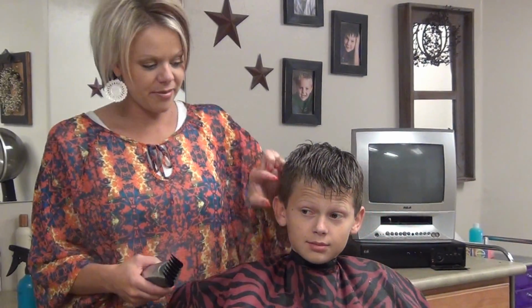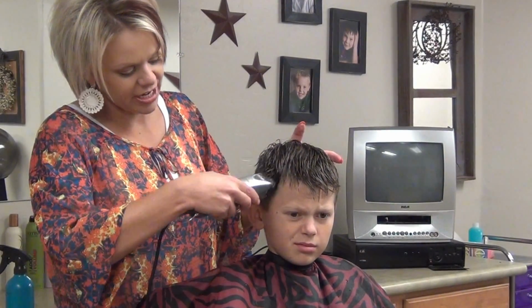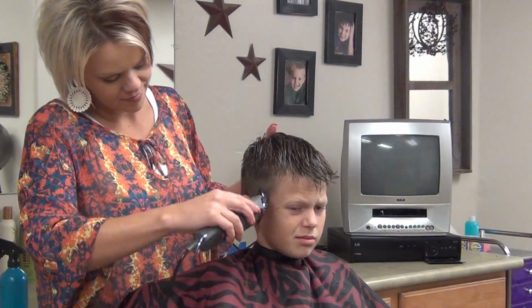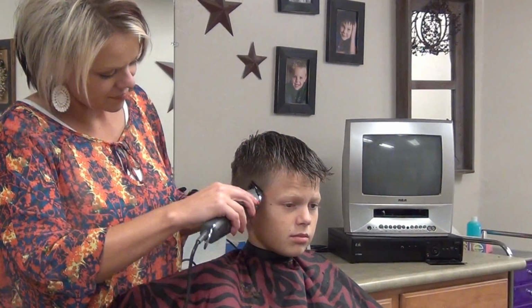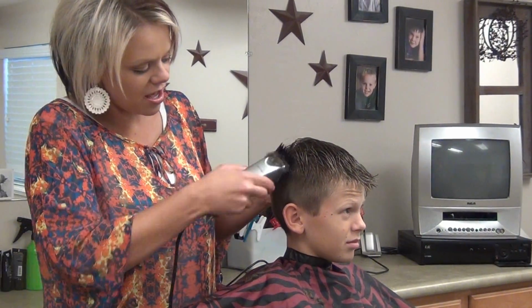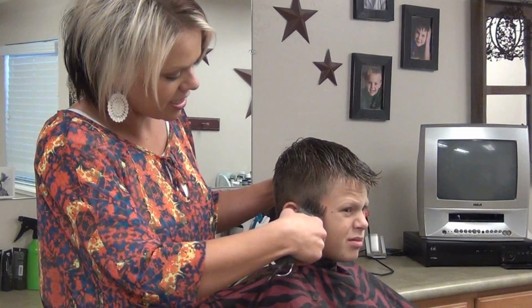Today I have Walker here and we are going to cut his hair. I'm going to use a number 3 guard. We are going to come around his sides and take all the hair off here with the number 3. And then we're going to cut the top, and after I'm going to show you how to style it in